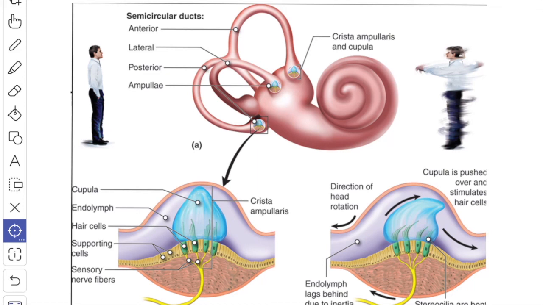Now we'll see about the applied anatomy related to the internal ear. First we'll see about tinnitus, that is the ringing or roaring noises in the ear, which are a frequent sign of peripheral cochlear disease which may be followed by deafness. Next is vertigo. It is a feeling of giddiness involving the subjective sense of rotation either of the surroundings or of the person. It is a cardinal sign of labyrinthine dysfunction.